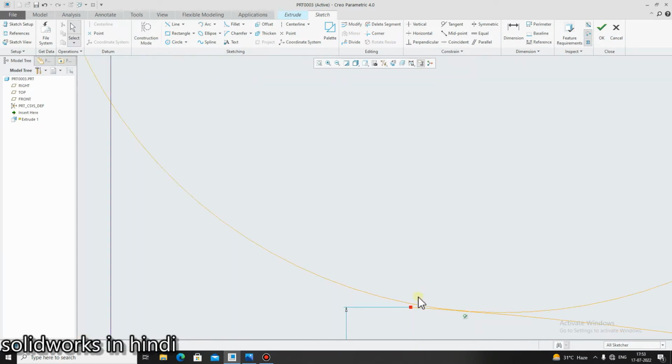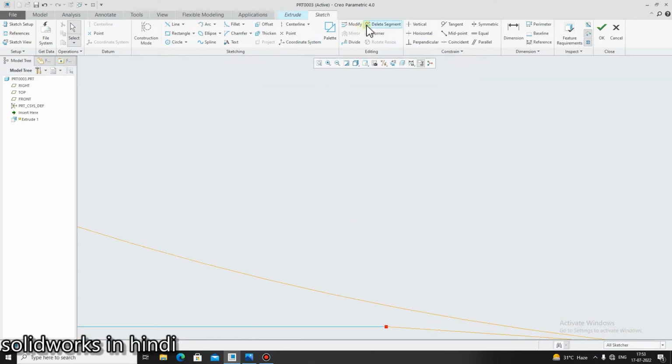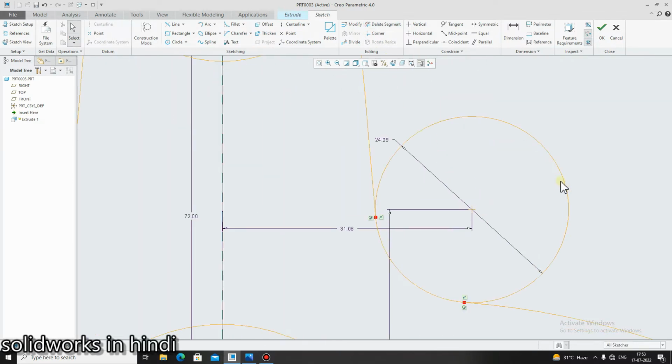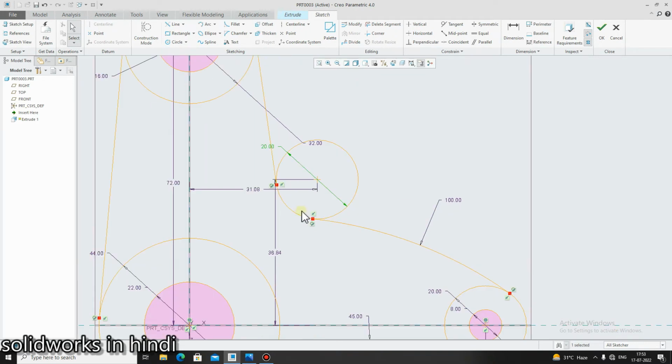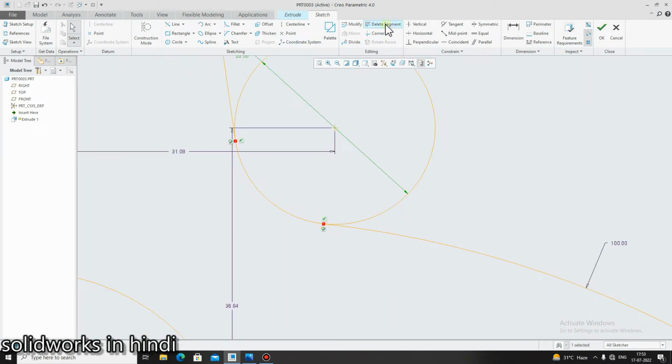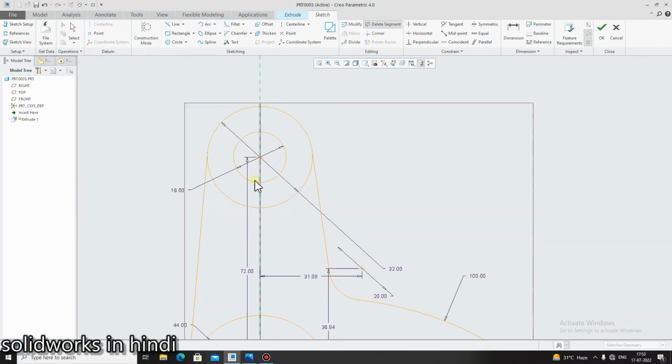We will extract it and remove this unnecessary portion. Delete segment, click here, okay, double click here, give the dimension 20 mm, okay, go in the delete segment, click here, so it will be removed automatically.